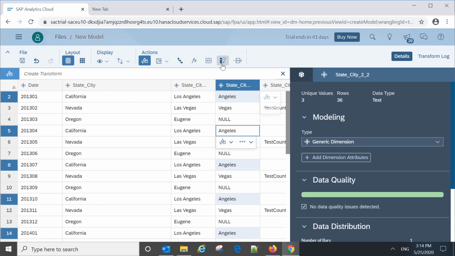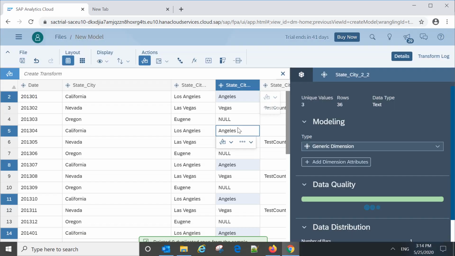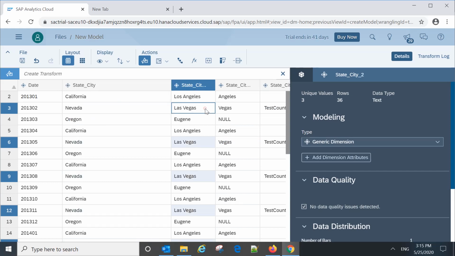Now there are other options here as well, which say remove duplicates. Suppose there are duplicate rows, then we can remove those rows, and it will show what duplicate rows there are. These are some of the options available for the transformation of data wrangling, and this is useful when we have a large amount of data which comes in different formats, and we want to have some specific type of data for our story build.